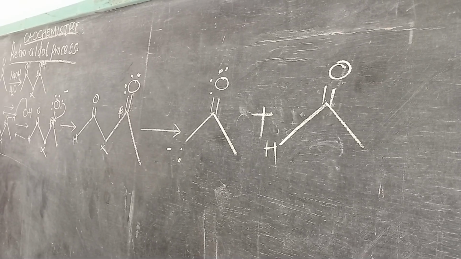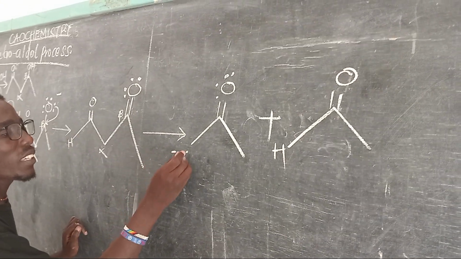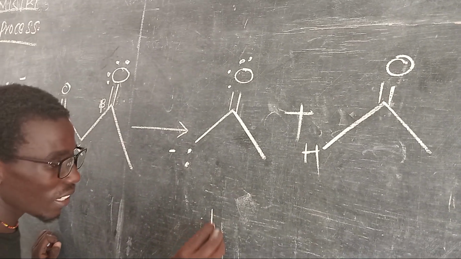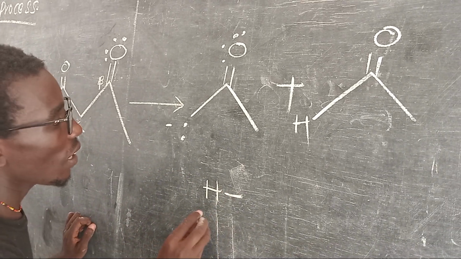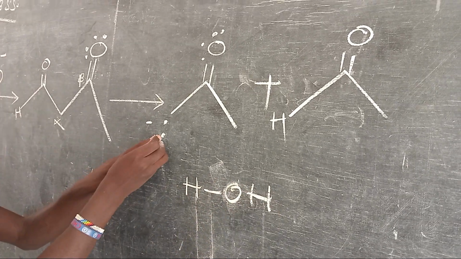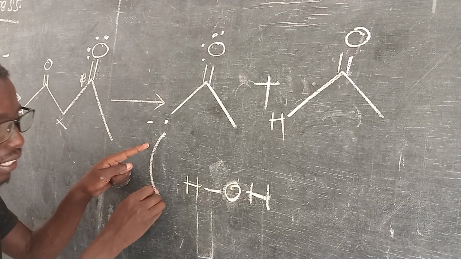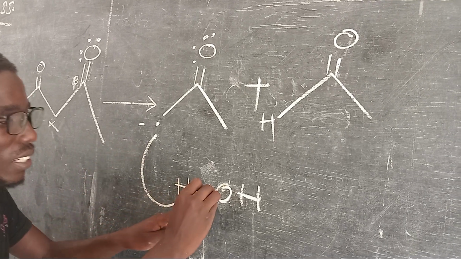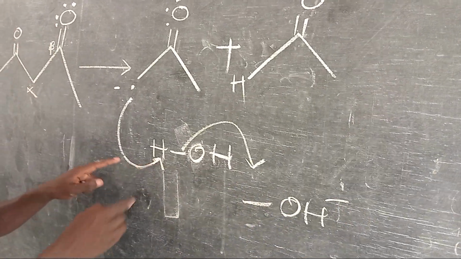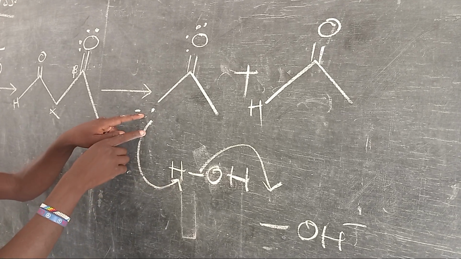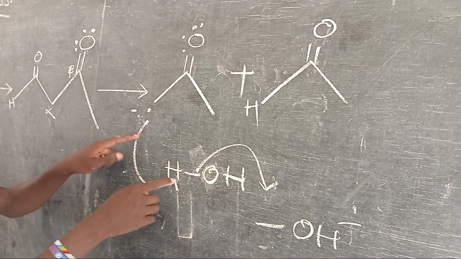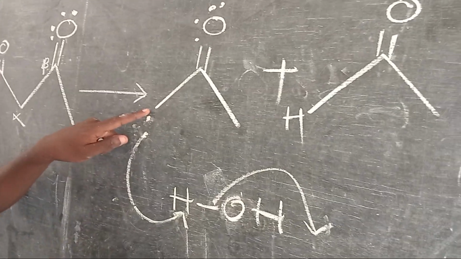Now, there's something that is again going to happen here, because we basically have this enolate ion, and when it is in the presence of water, what happens? The lone pair of electrons comes to grab the hydrogen and generates the hydroxide ion, OH minus. So the lone pair of electrons here attacks the hydrogen and generates hydroxide ions. So the hydrogen is coming to attach itself to this structure. And so overall we are getting,